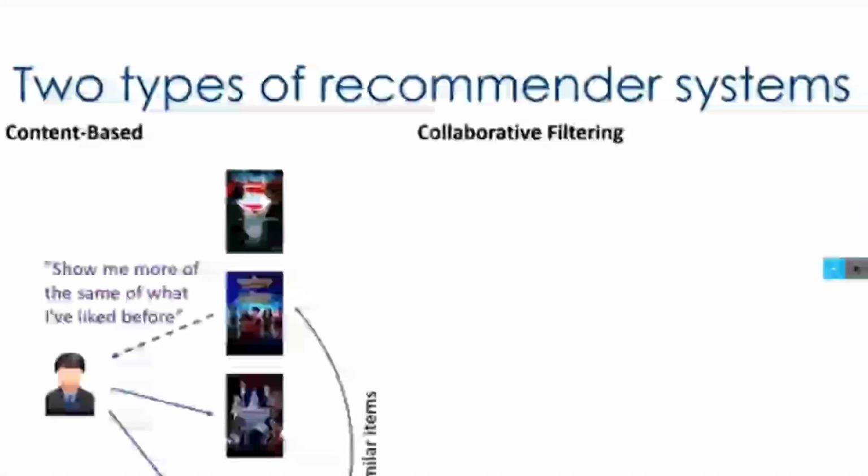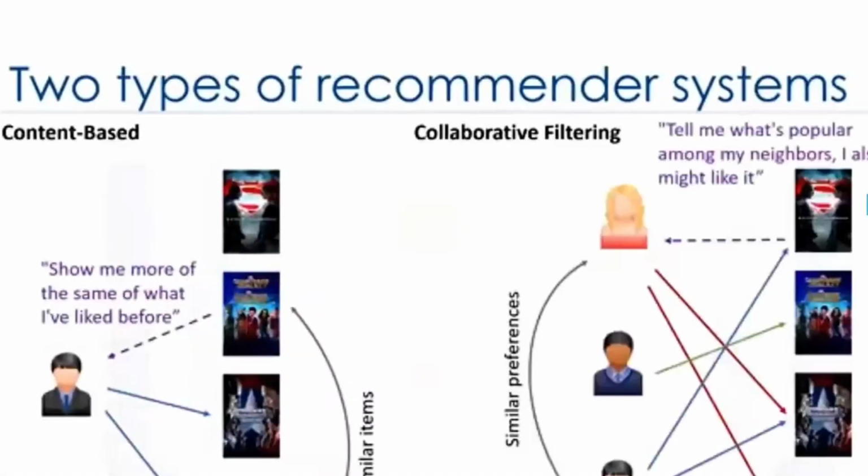Okay. In collaborative filtering, for example, here, let us see, this person is giving a good rating for this one. This person has given a good rating to this one. This person has given a good rating to this one. Okay, I will tell you a simple example, even simpler than this.